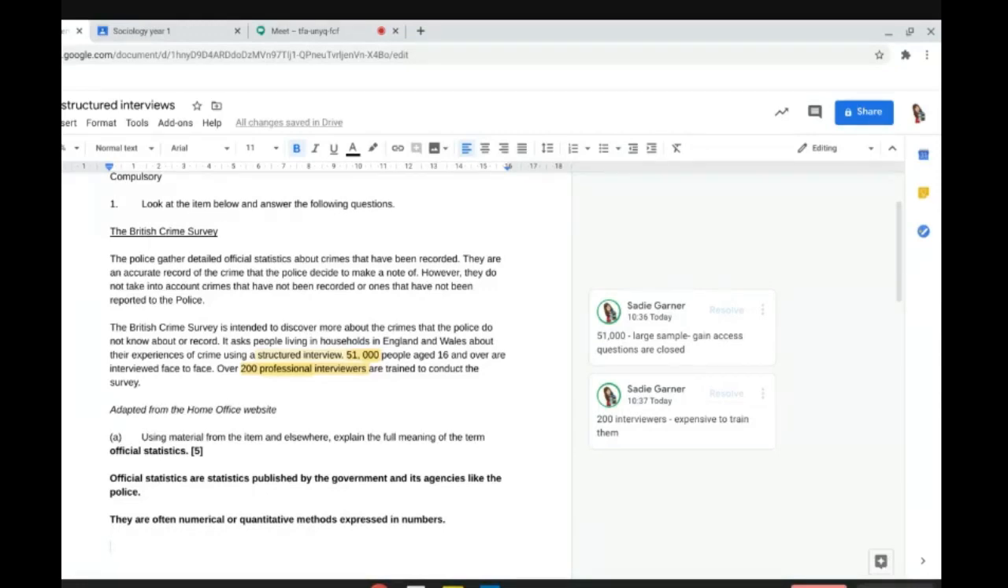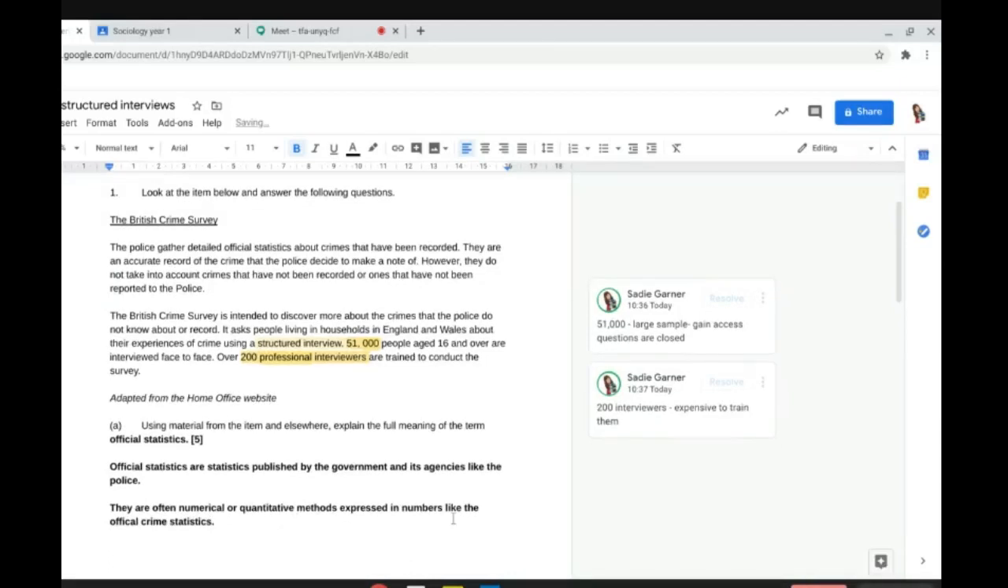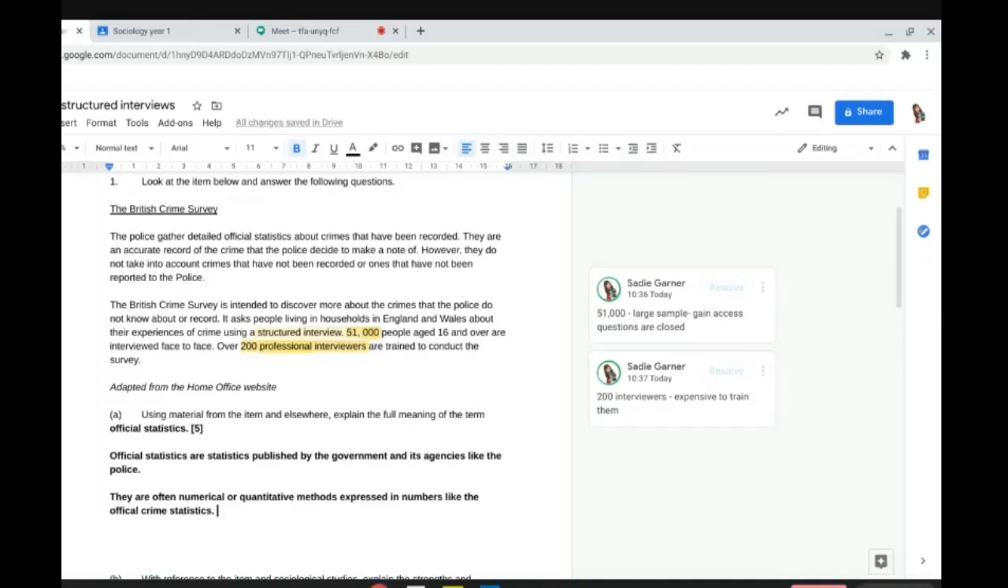Oh, I might put there, like the official crime statistics. Only because it feels a bit short for a mark. That's kind of why I added like the police at the end, because I feel like it just needs a little bit more. That's not reference the item. If you're thinking, she's referenced the item as well, it's not enough. So what they are, produced by the government and its agencies, they're often numerical or expressed, quantitative methods expressed in numbers, like official statistics. They are cheap